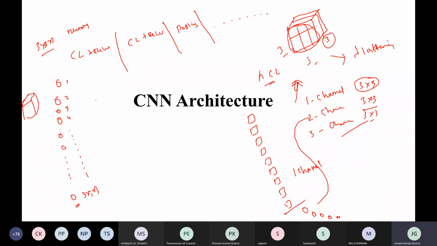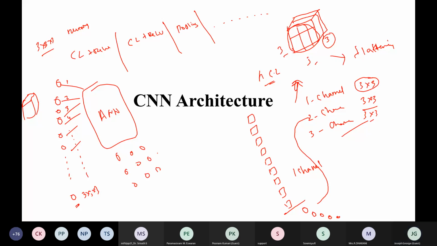And after this, it will be given as an input to the artificial neural network. So we know that an artificial neural network is nothing but a combination of different hidden layers. If we are doing a 3-class classification, then the output layer will have 3 neurons.